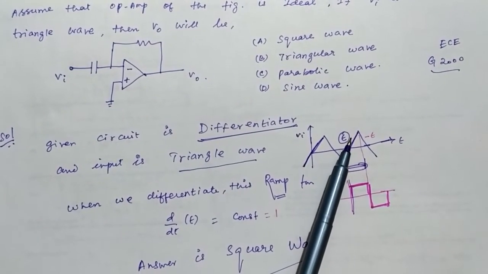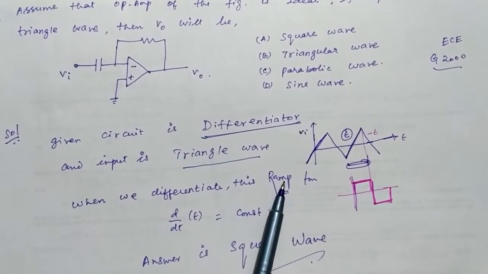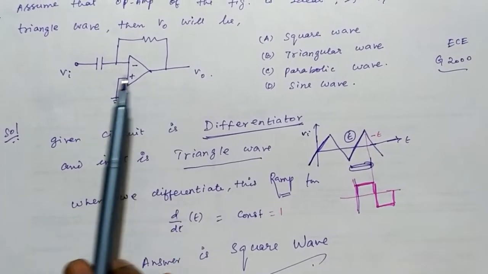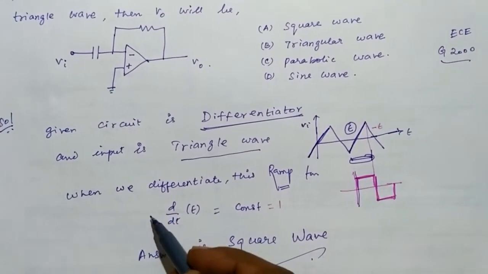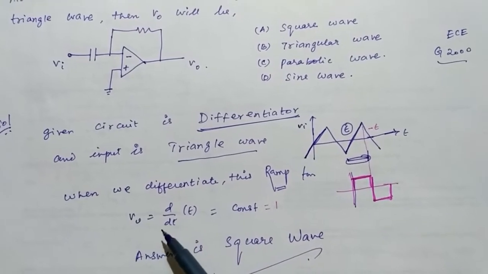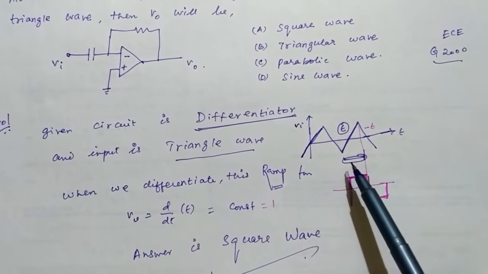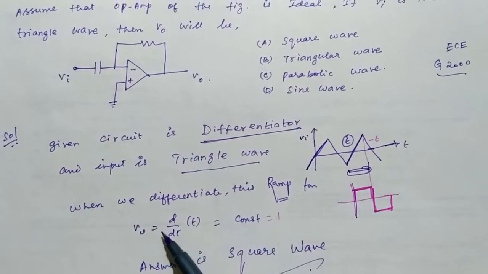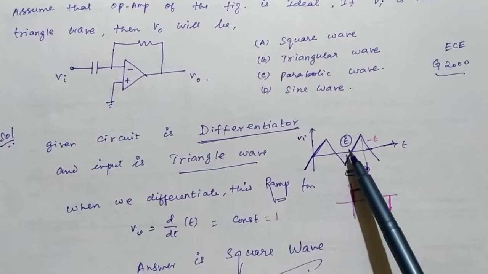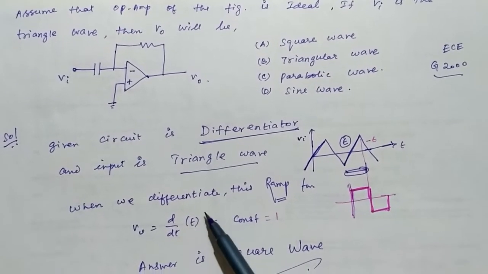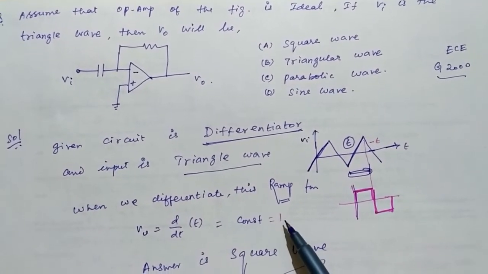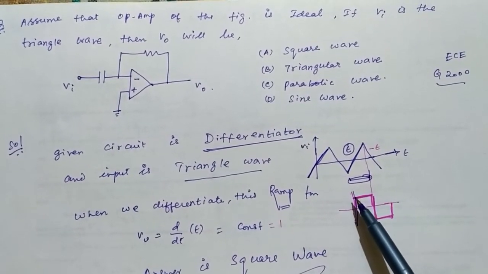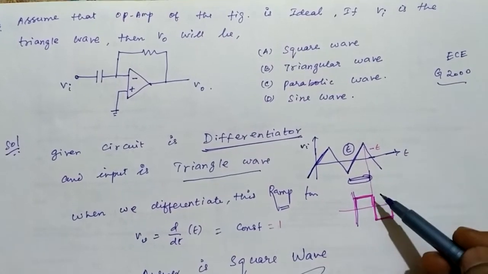It is a linear function. Slope is t, otherwise called a ramp function. So this output voltage is a differentiation of input voltage. We consider only this time period, where the output is d by dt of the input voltage, which is t. So this results as 1. The answer is 1 over this period.